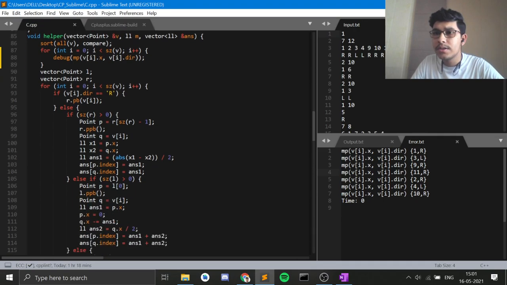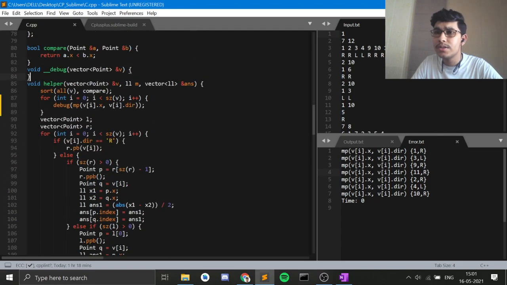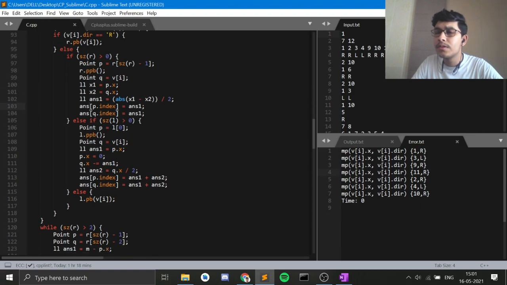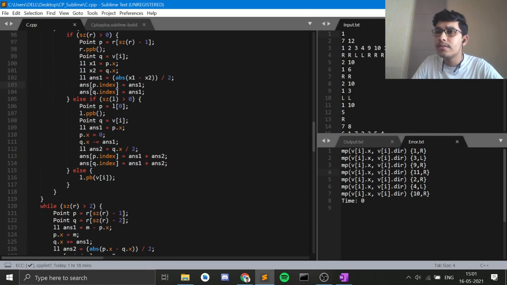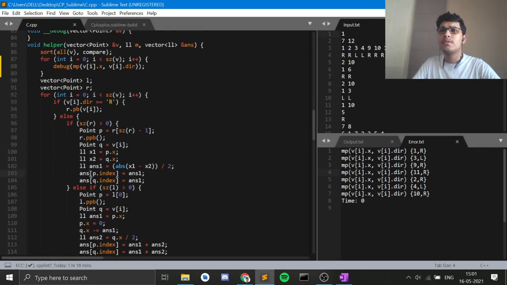L and R. So if it is equal to R, then you cannot do anything here. Then you just simply put them inside the vector. Yeah, you try to do this. This is fine. Else L dot pop_back. This is also fine. Else you insert inside that. So what I can do is,